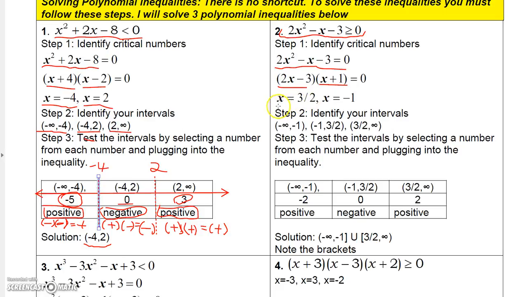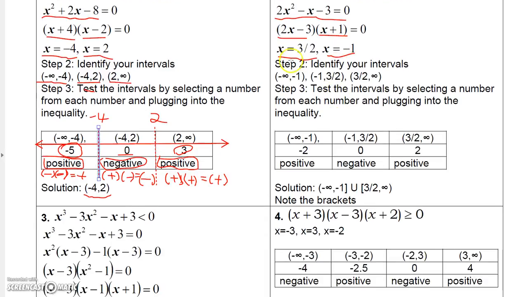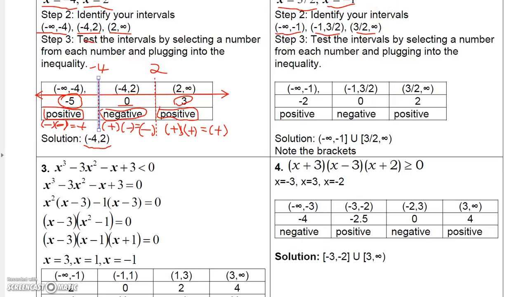If I set them equal to 0 and solve, I get x equals 3 halves and x equals -1. Well, that means I'm going to break the number line up into 3 intervals. You always go to the smallest one first: -infinity to -1, then -1 to 3 halves, and then 3 halves to infinity. Okay, so now down here, I draw a number line, and then I break that number line at those values, -1 and 3 halves. So I have -1 and 3 halves there, and then I'm going to look at what's happening